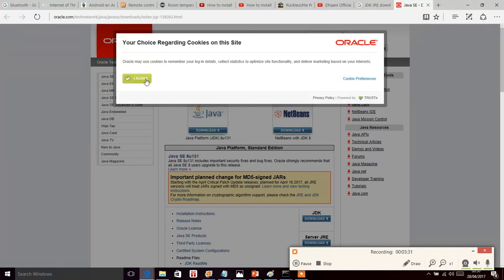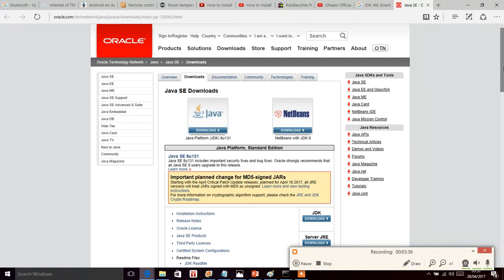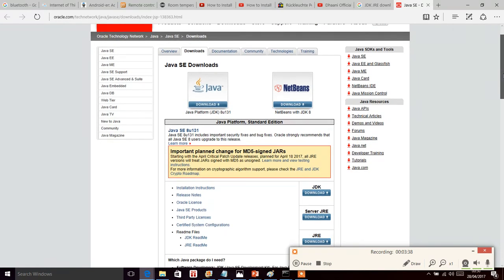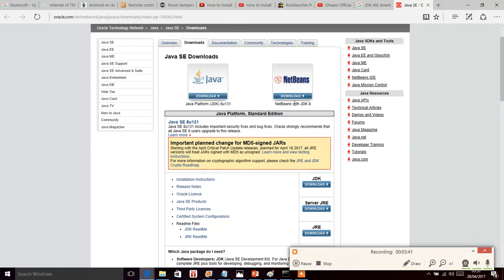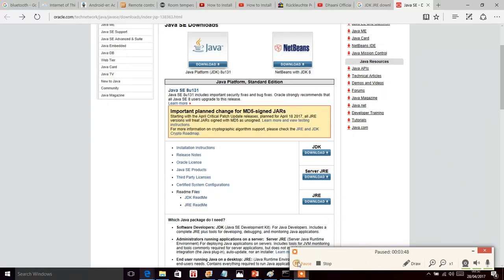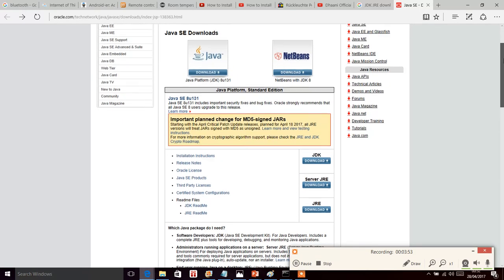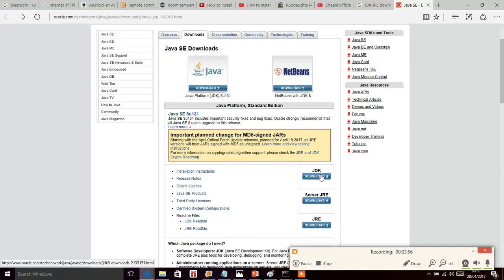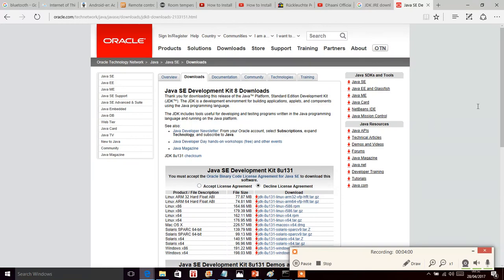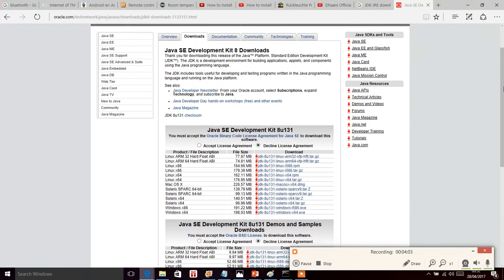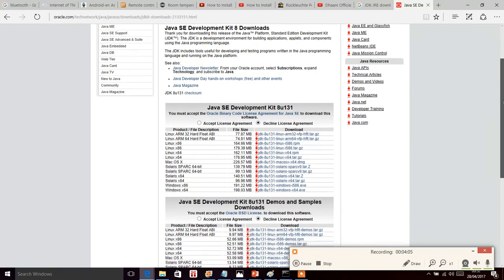Let's check. Your choice regarding cookies. Oh, okay, just say I agree, just for the cookies. Java SE downloads, Java JDK 8 for NetBeans and Java Platform JDK 8U. Okay, from here you can click on JDK downloads, and yeah, here we are. You get a list of the available download files,